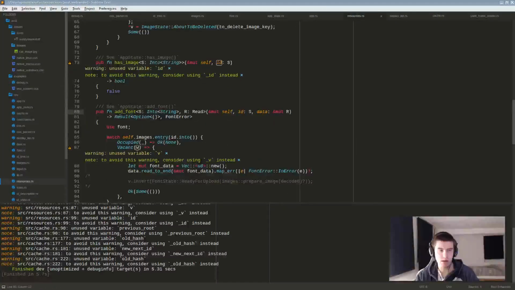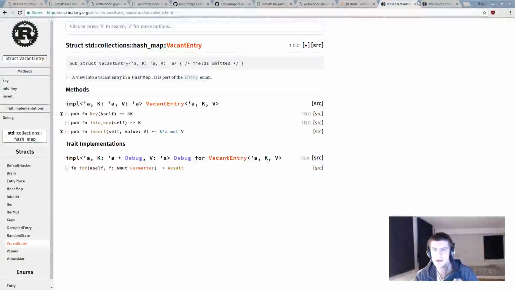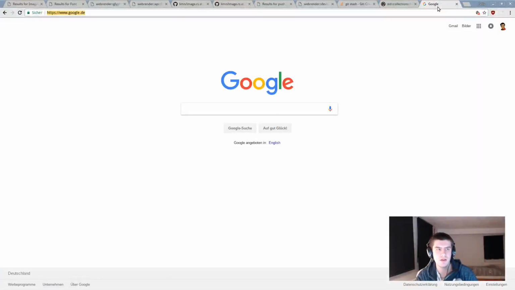So if we now add the fonts, vacant, we have v.insert, entry, vacant, font state ready for upload, self.fonts, font data, to end, and then we basically need to see what is the next step, what can we already do, because before